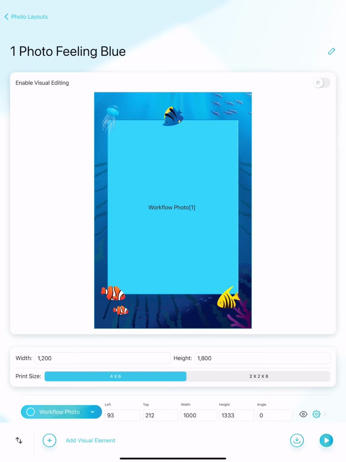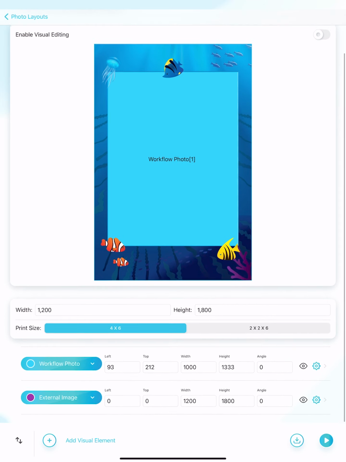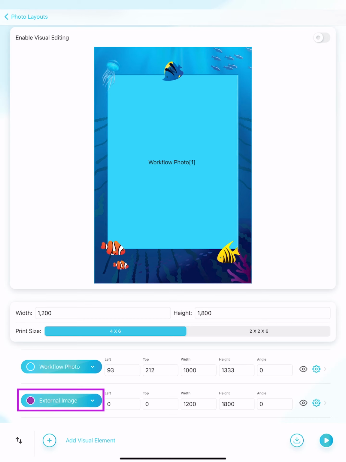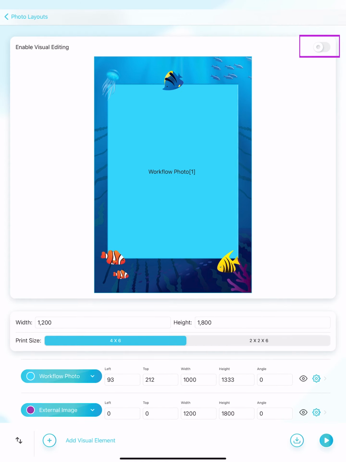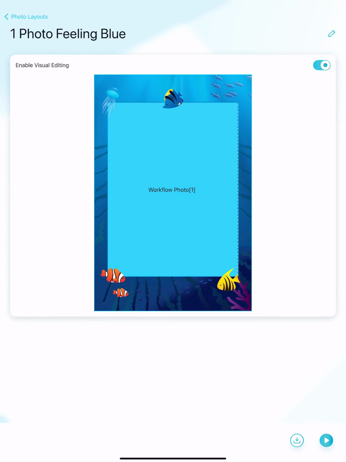This layout, for example, consists of 2 visual elements, a workflow photo and an external image. The photo layout editing screen allows you to move elements around as well as change different settings. There are two ways of moving the elements. You can either use the pixel values for left, top, height, width, and angle. Another option is to click the Enable Visual Editing toggle button at the top right to enable moving elements around